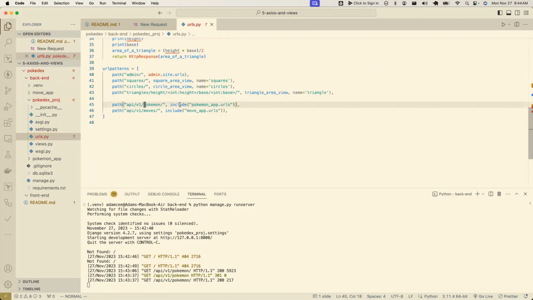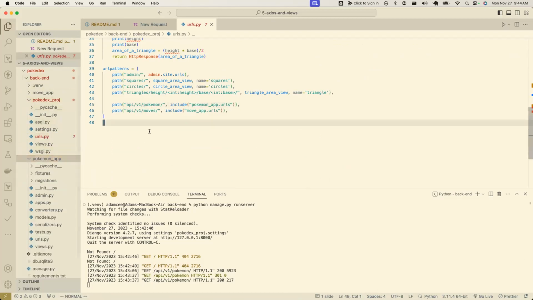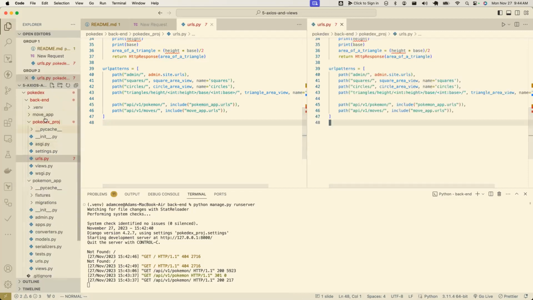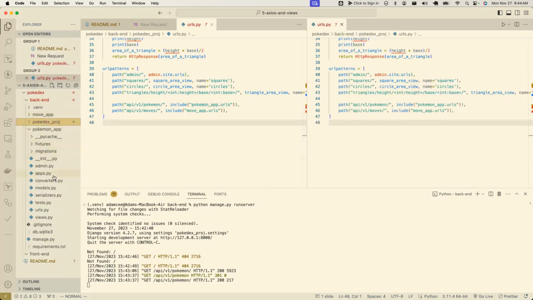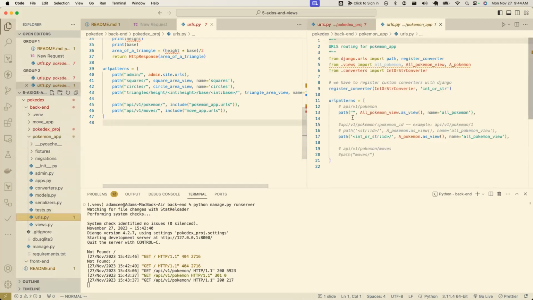And here, just like what we saw Megan share in her demo, I'm saying, hey, Django, when you get an HTTP request where the URL starts with api/v1/pokemon, I want you to go to this other urls.py file that's in the Pokemon Django app. And if I go over there, we have these routes again. This is the converter that we wrote,